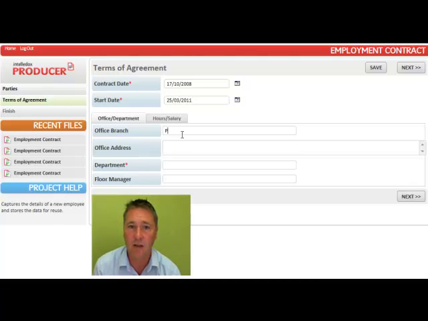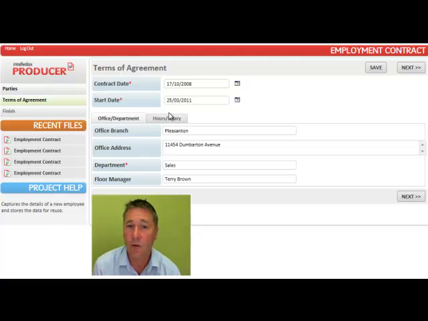a lot of this information by linking the intelligent web form to your line of business systems, such as PeopleSoft, SAP or Oracle. We can draw that data out and automatically present it to the users when they're building the employee contract. As we work our way through the intelligent web form, it will ask a series of questions about the kinds of information that we need. When the employee starts, when they finish, are they full-time, are they part-time, what section, branch, division that they're tied